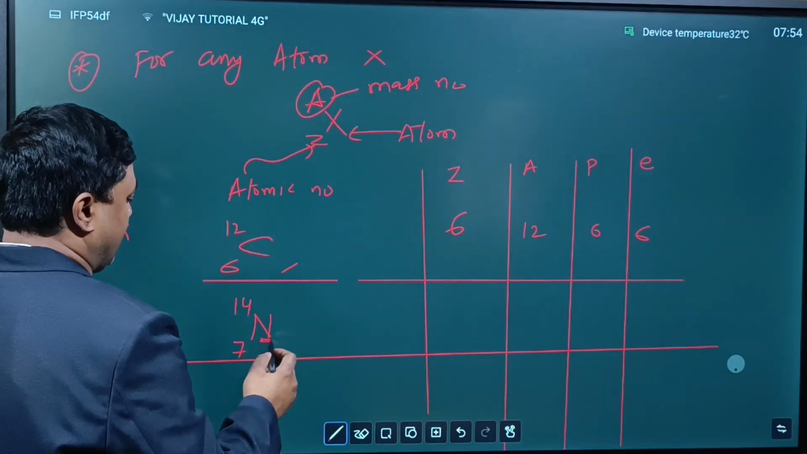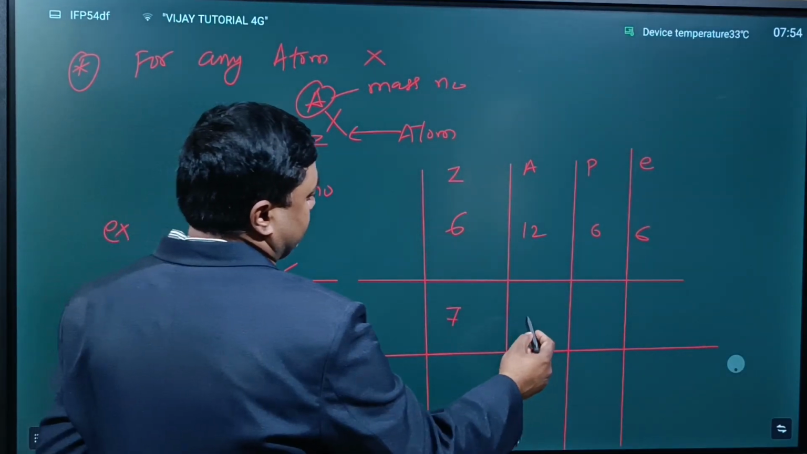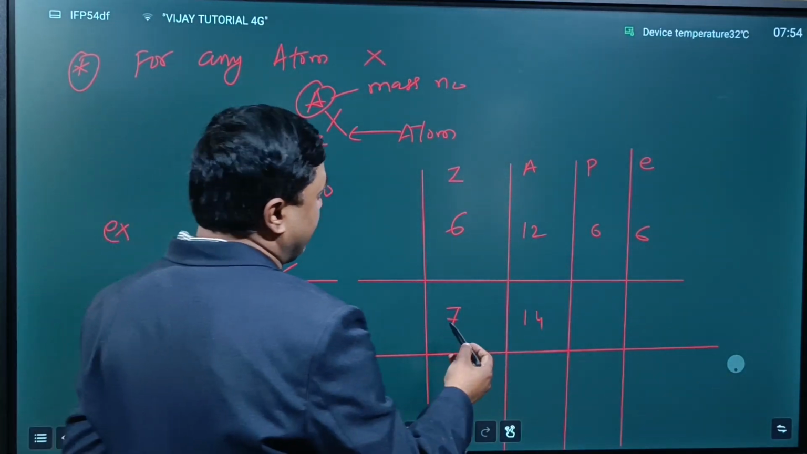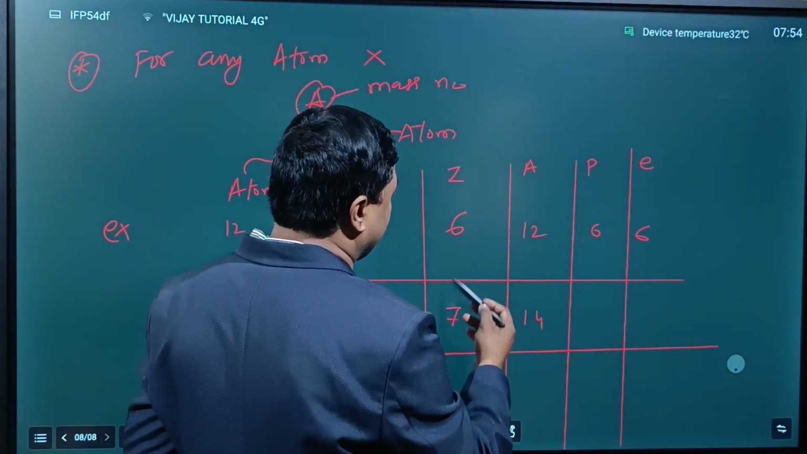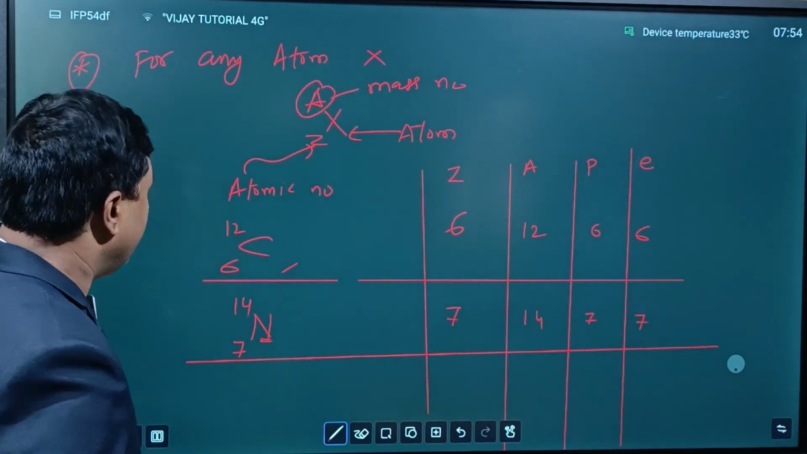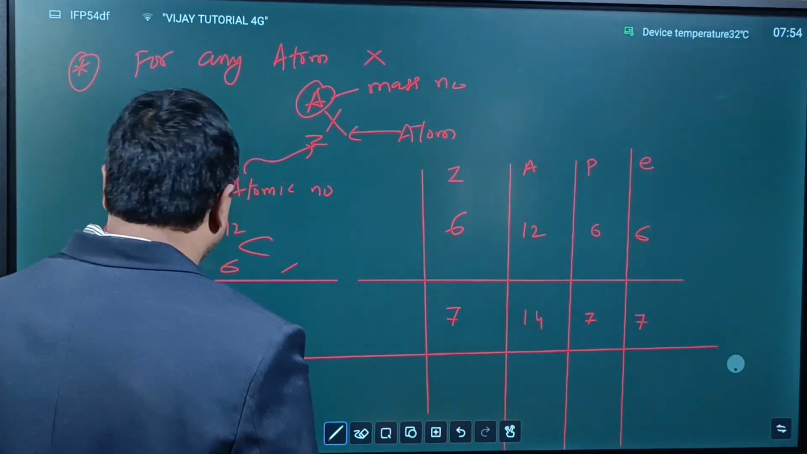Nitrogen, atomic number is what? 7. So Z is 7. Mass number is 14. A is 14. Okay, electrons, how many? The electrons and protons are equal to Z, that is 7 and 7. Is it clear? If you want to know the number of neutrons, here only you